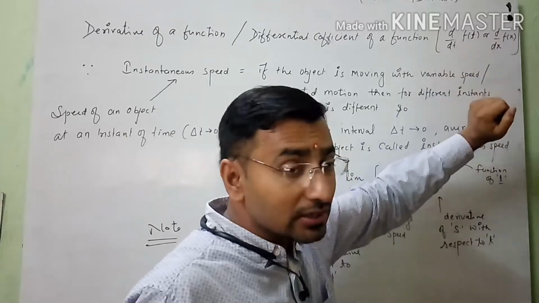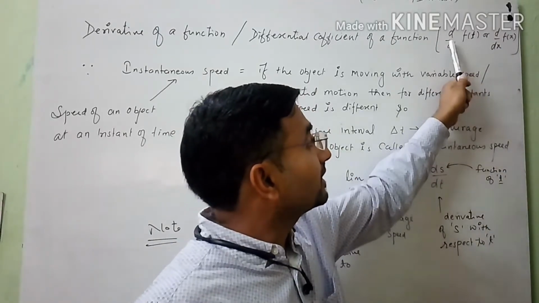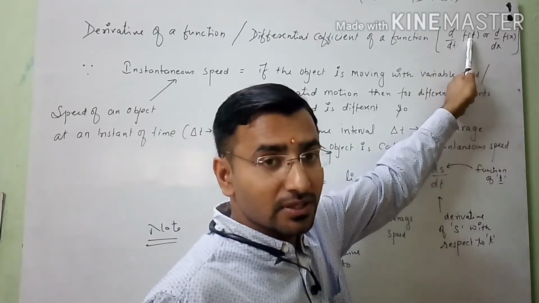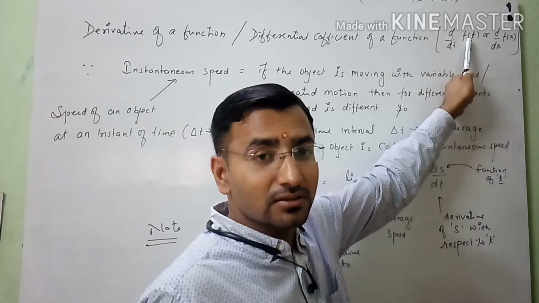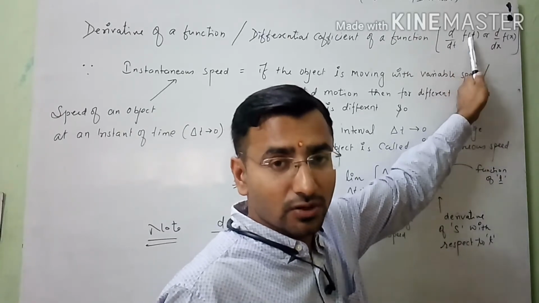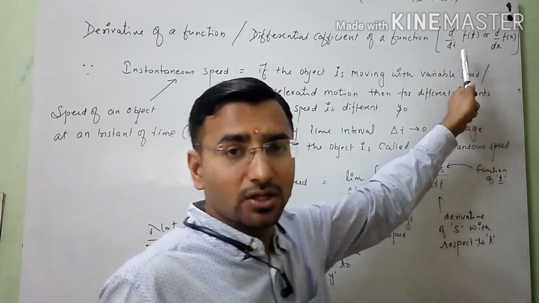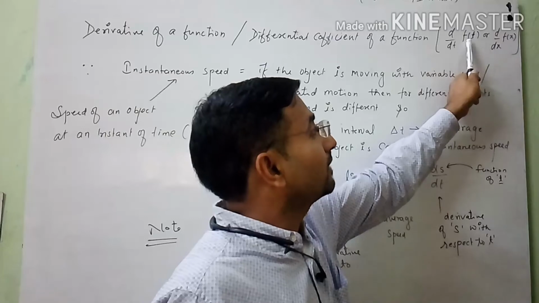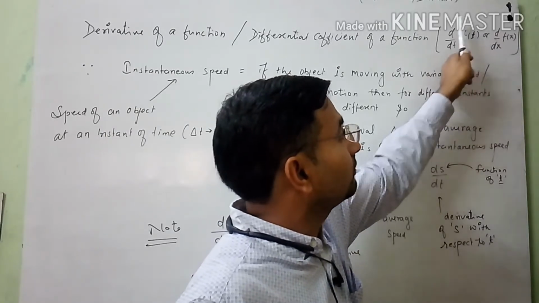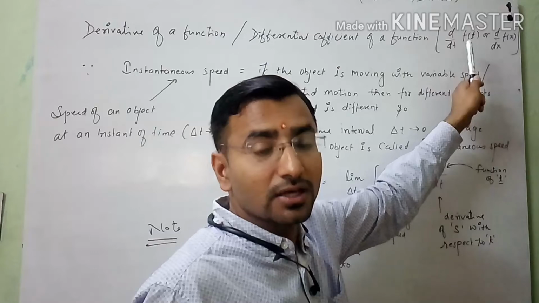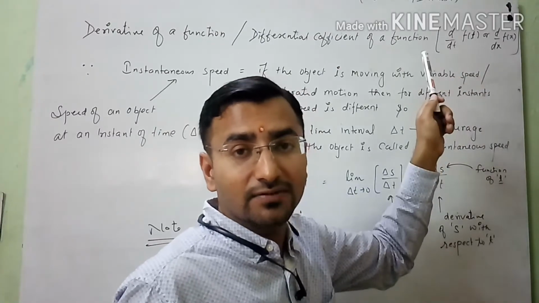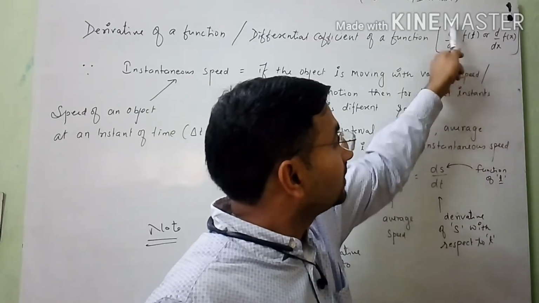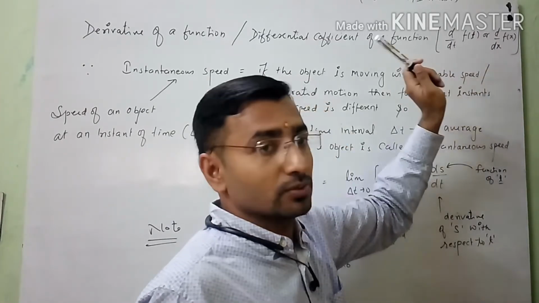Why have I written all the things like that? Because when we differentiate, when we write the derivative of any function f, we know that a function may be a function of x, a function of t, a function of y, any one. You know the definition of a function. That's why I have written here a function of t. So when I have written a function of t, and we want to calculate its values, meaning first derivative, second derivative, third derivative order, then we will use the derivative with respect to t also.